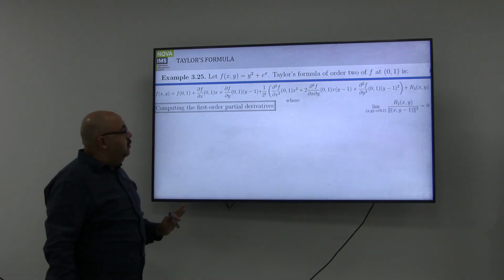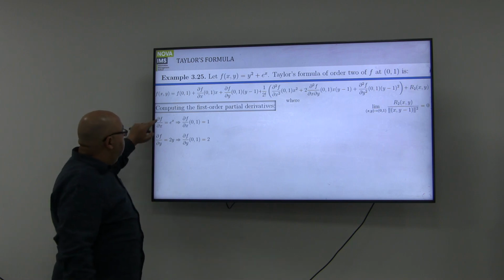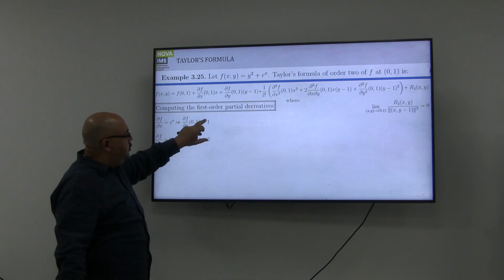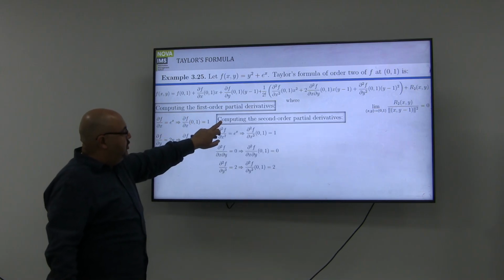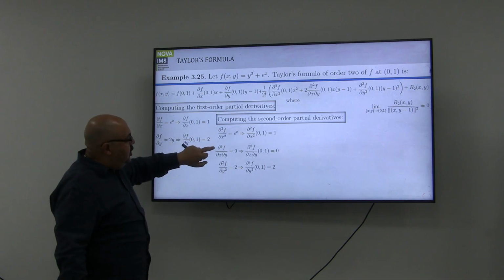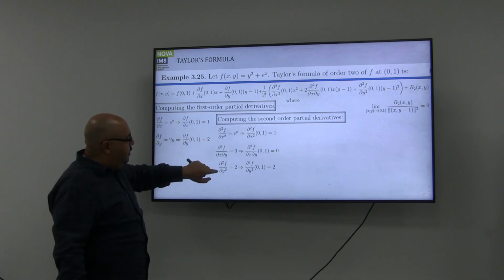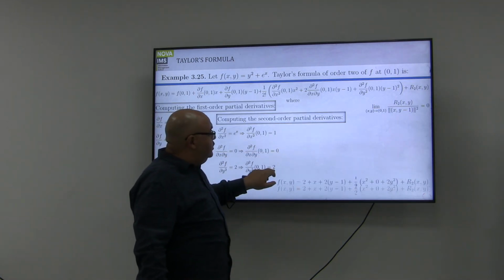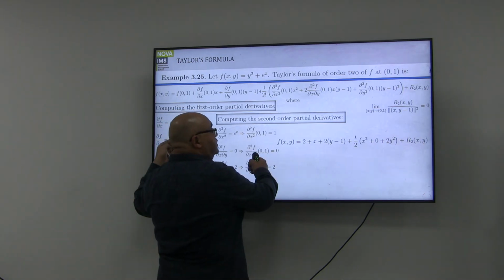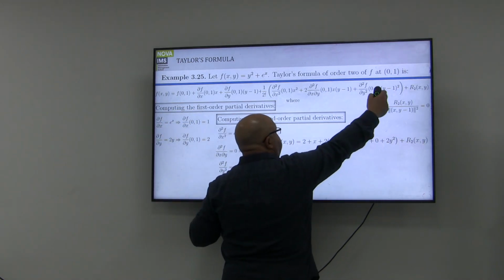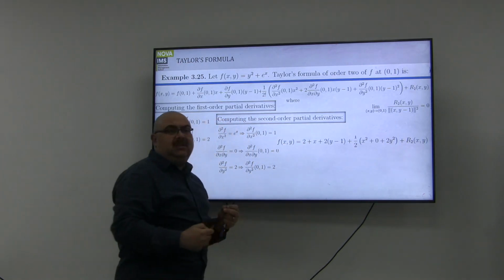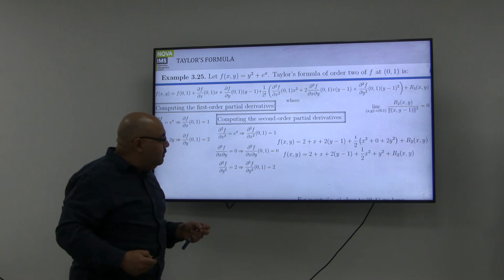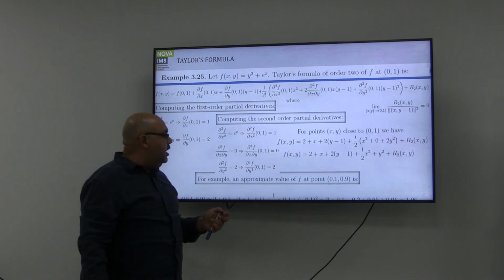So all I have to do now is just a direct substitution. Partial f, partial x, partial f, partial y. I will substitute in 0 and 1 in both of them in order to get my value. For the second order derivative, I will need to prepare partial 2f for x squared, for y squared, for x and y, making the substitution. This is 1, 0, and 2. Then I will take these values and substitute in the expansion and simplify, adding the similar terms all together, Mr. Muhammad, and simplify it as much as possible. This is going to be the final